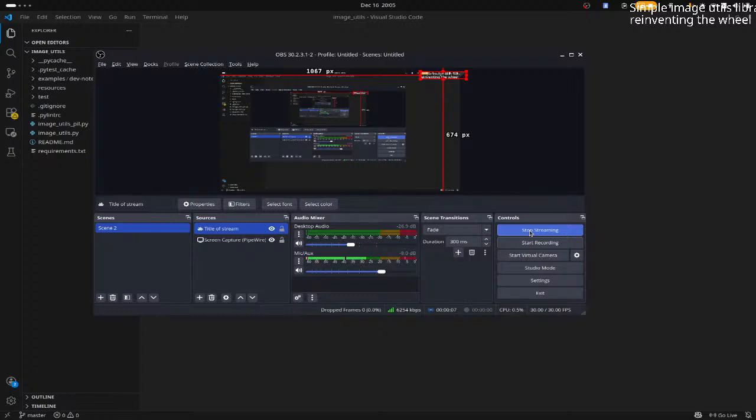Something I've been working on recently, which is basically just reinventing the wheel. Because I like reinventing the wheel, and sometimes I cannot help myself. Don't like the wheel, like my wheel. Don't know why. And in order to show you what I mean by that,